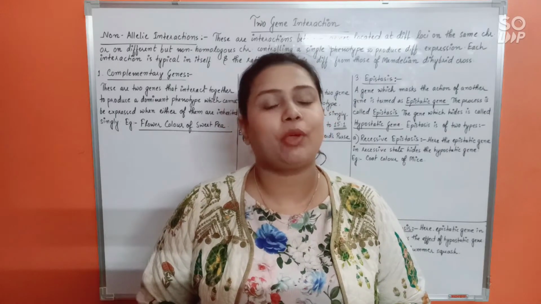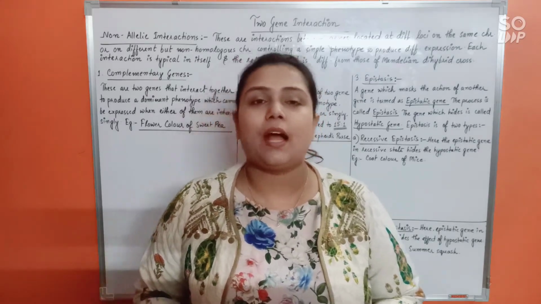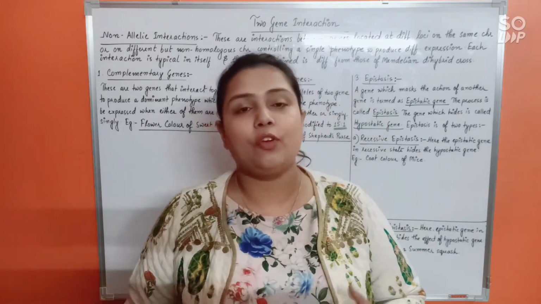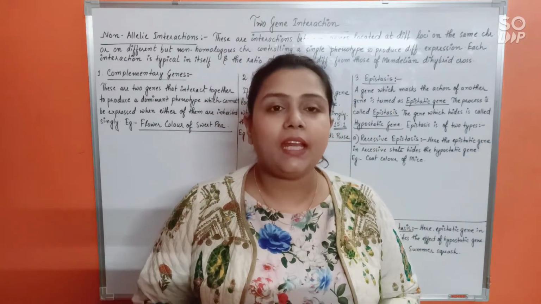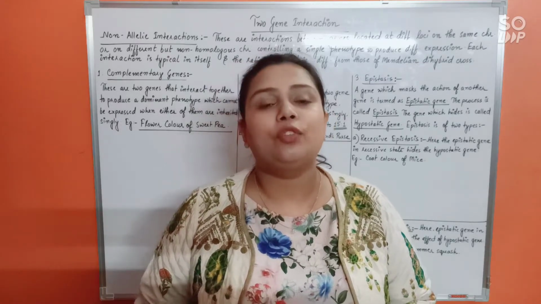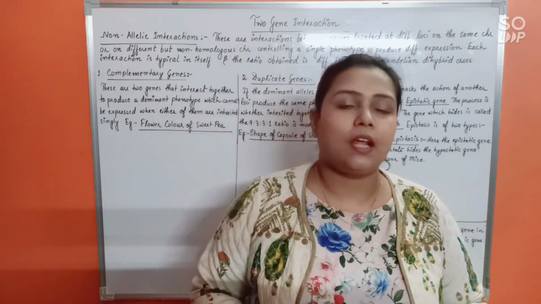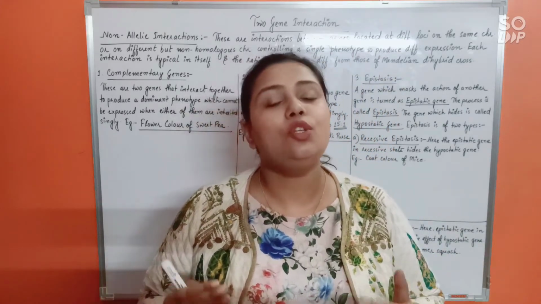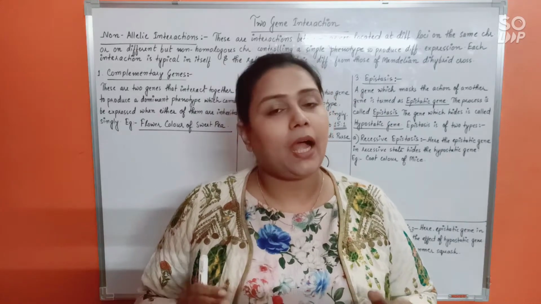In today's class, we are going to discuss a few two-gene interactions. That means after the dihybrid cross, you have got to know how two genes can interact. In the Mendelian dihybrid cross, you have seen that the phenotypic ratio would be 9:3:3:1, isn't it? So in today's class we are going to see certain two-gene interactions where two different genes, either present in